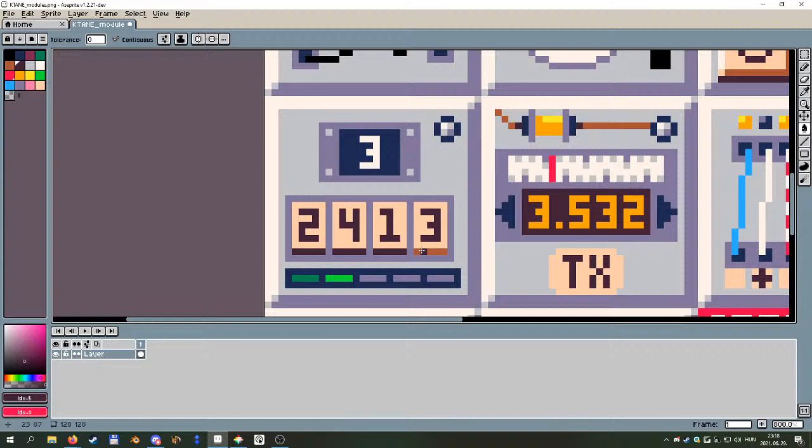Either that or this color. That's a bit too dark for the button itself. I kind of like that press a bit more. Because the opposite would be for this to be, whoops, for this to be here, and then for this to be